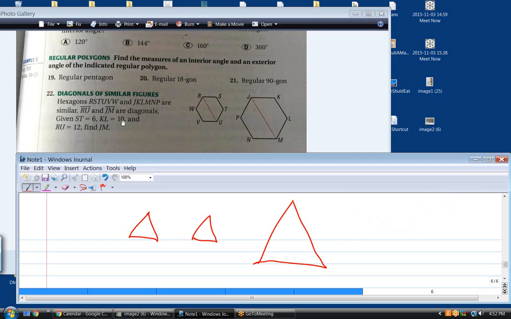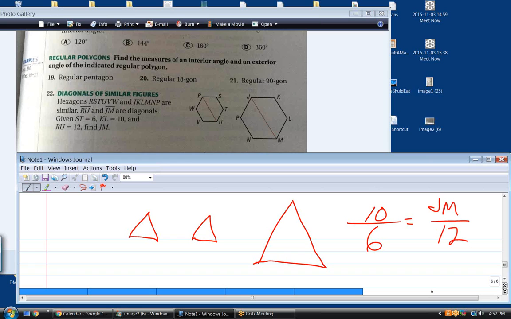And so if they tell me that ST is 6 and KL is 10, that tells me that that ratio is 10 to 6. Okay? And they tell me RU is 12. Well, that's clearly the smaller number. So JM is what I need to solve for. Okay. Just set it up as a ratio problem, the same way you would